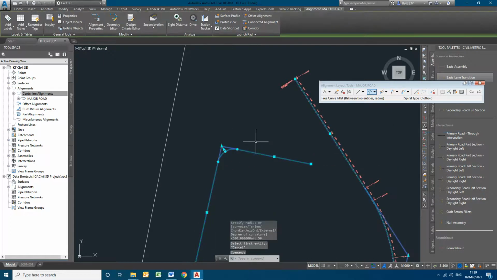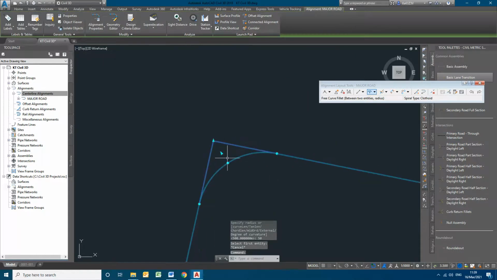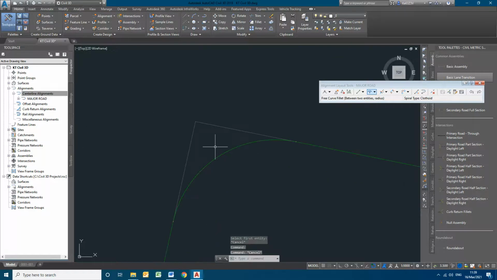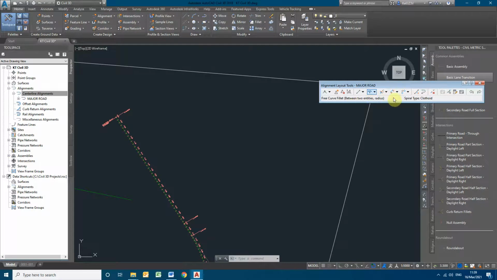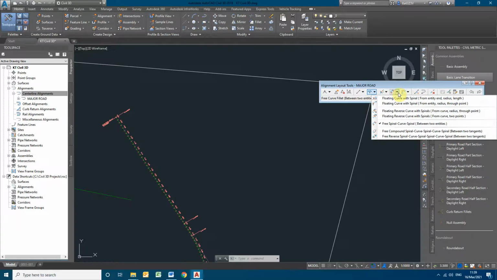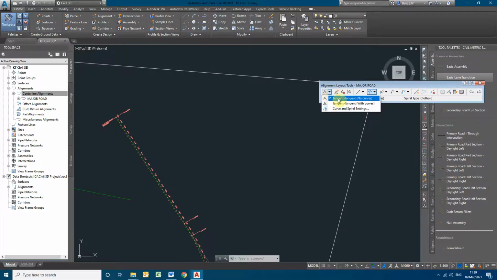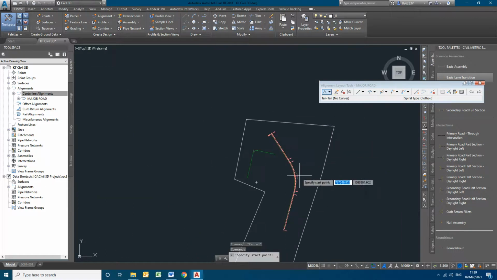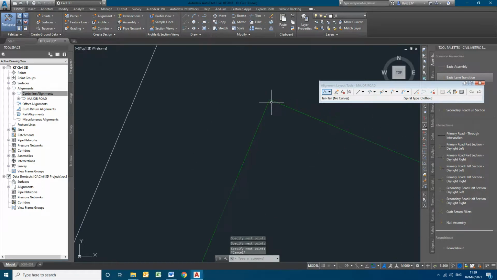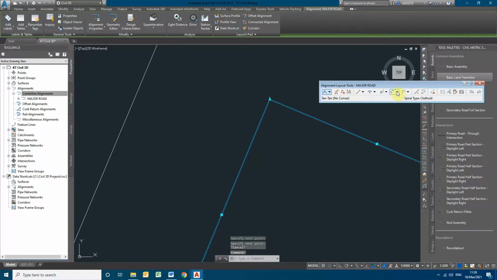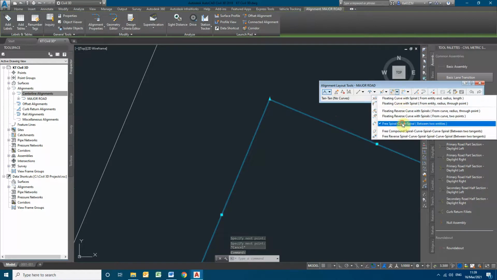So in this way we can do the alignment. First we can run the tangents and later we can assign the curve radius. So in a similar fashion there is another option also. For the same curve, if you want to assign the spirals, again going with the tangent. So these are two tangents. Now you have to assign a curve with the spiral. So clicking on this option,